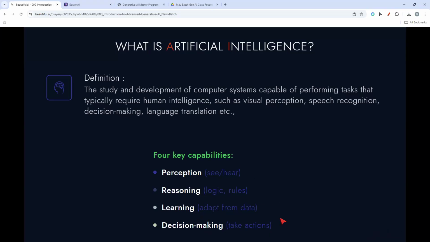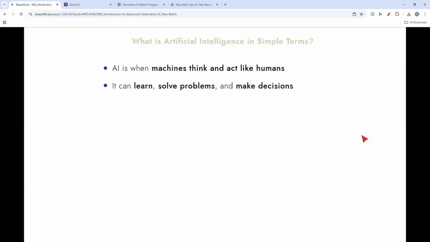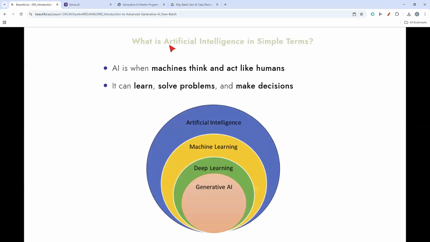We have been using ChatGPT for some 2 years or a couple of months, and you already know what the capability of an artificial intelligence model can be. I know this definition may be a little confusing since you are a beginners, but to keep it simple, AI is when machines think and act like humans.